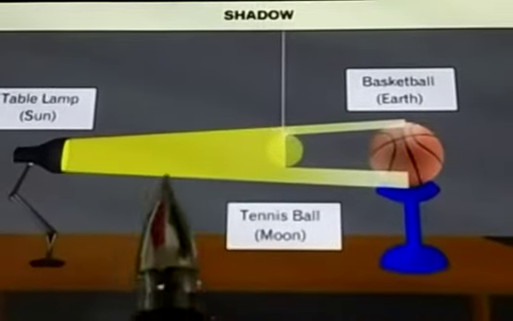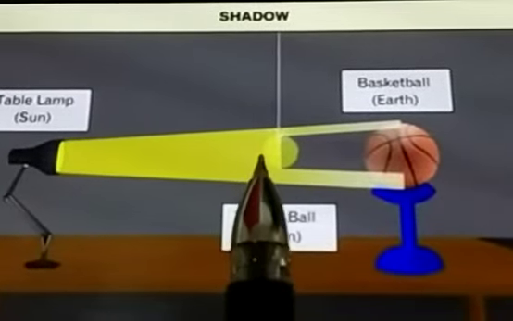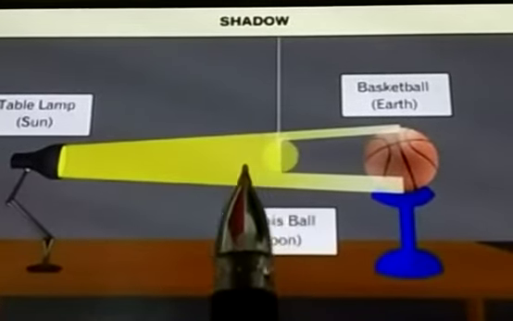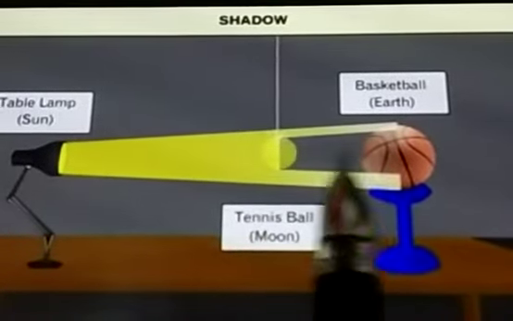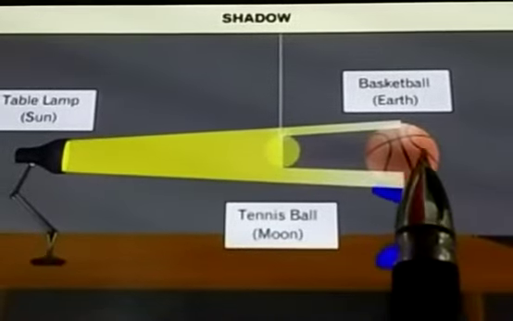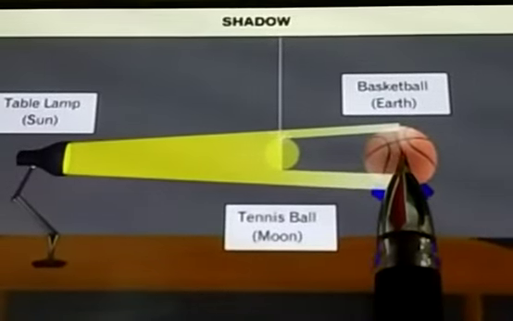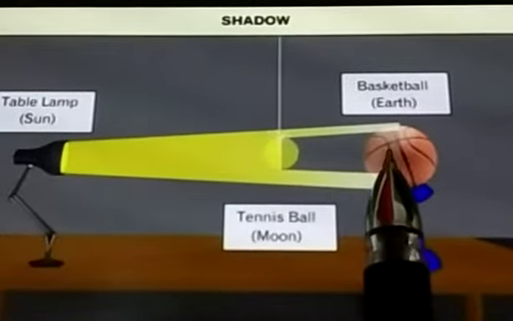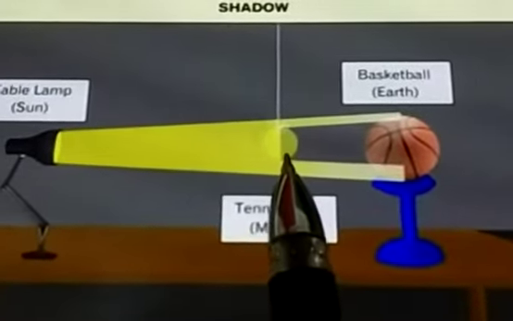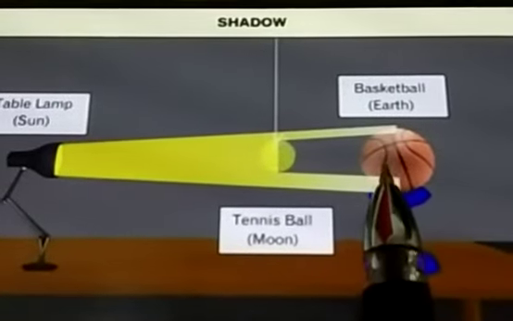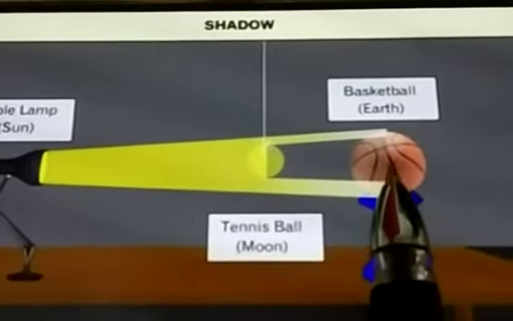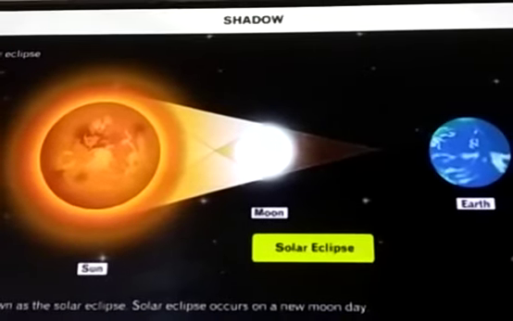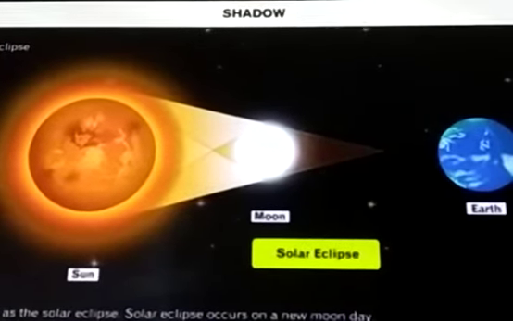Okay, so now place that ball here in between. What can you see? Only the part of the ball which is here, only that can be seen from this basketball. If I am standing here, what can I see? Only this part of the ball I can see. That is how we are able to see the moon. And here what is forming? The shadow is formed also. From this property only we get the solar eclipse and the lunar eclipse.